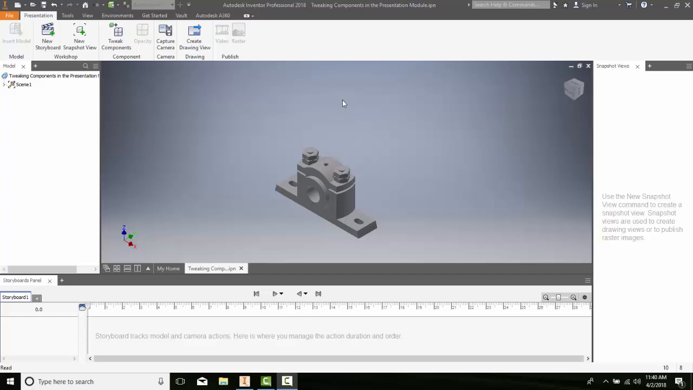Tweaking components in a presentation model. Tweaking is known as adjusting the position of our assembled components with respect to the other parts in the assembly. So typically we can rotate and we can move objects in our assembly. To do this, we're going to go up to tweak components, and then we'll get a marking menu up here,